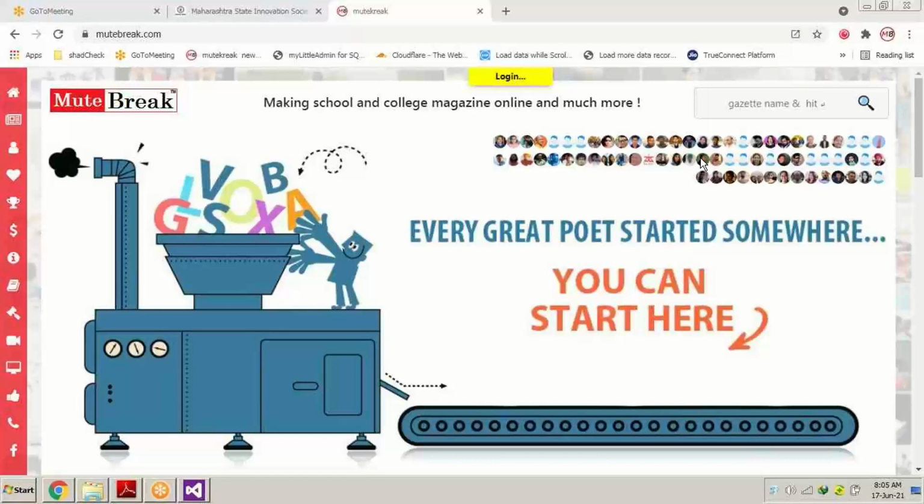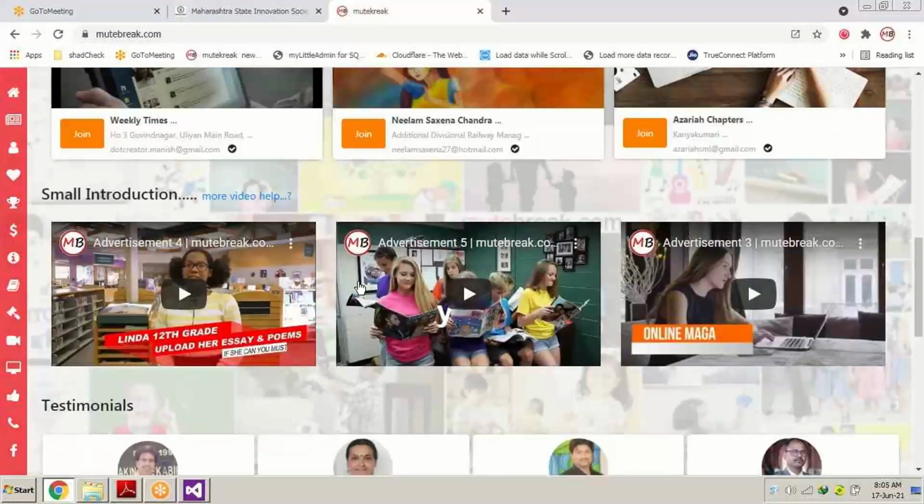Okay, I believe you all can see the screen. So we have certain panels over here, the small panels. You can see the control which we have used over here is the label. The text part over here is the label. Label is also a control. How I'm going to tell you.